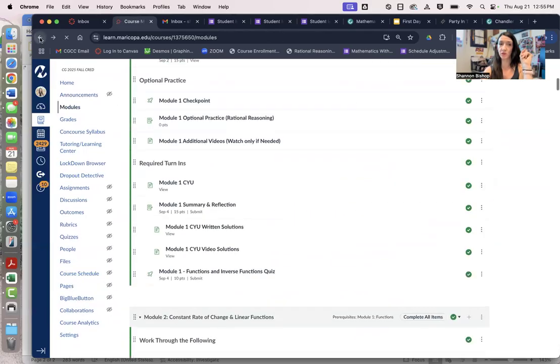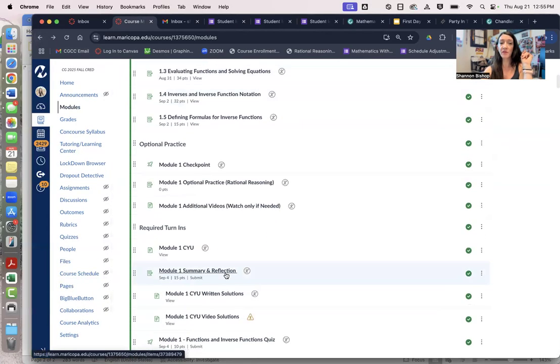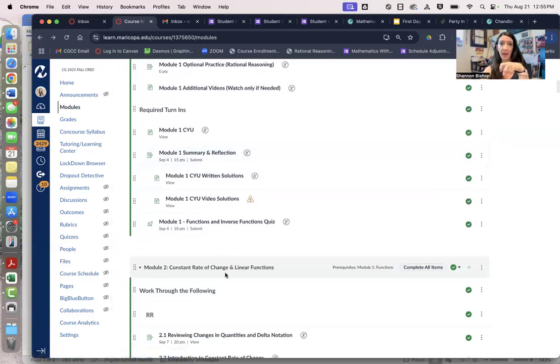Now, as part of those CYUs, though, some of them will be mandatory. And how you'll know which ones are mandatory, well, every week we do have a mandatory summary and reflection. Every week, we're going to ask you to summarize and reflect on what you learned that week. And so for instance, if I view this summary and reflection,